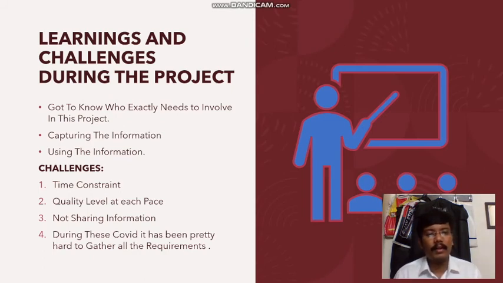And mostly you can see this as a common thing which all the people will be telling during this COVID, it has been pretty hard to gather all these project requirements. So these are the three challenges, and also the most important fourth challenge: whatever you're doing in the project, no information should be shared with any other third party. These are the huge challenges which I faced in this 4 months internship.